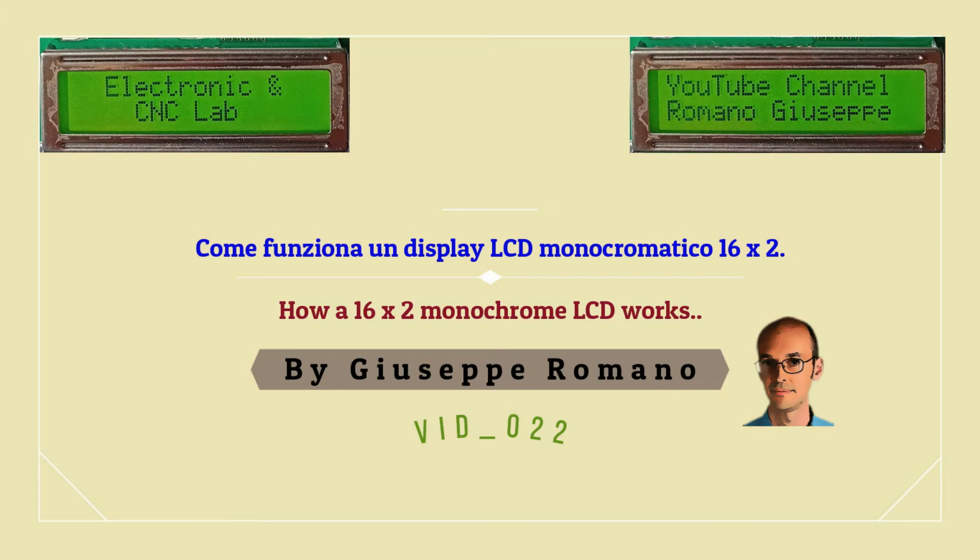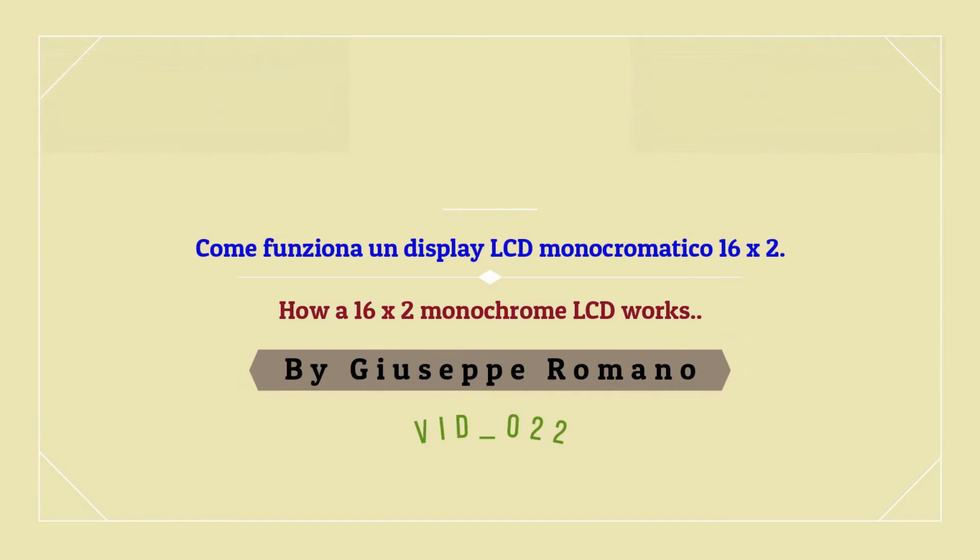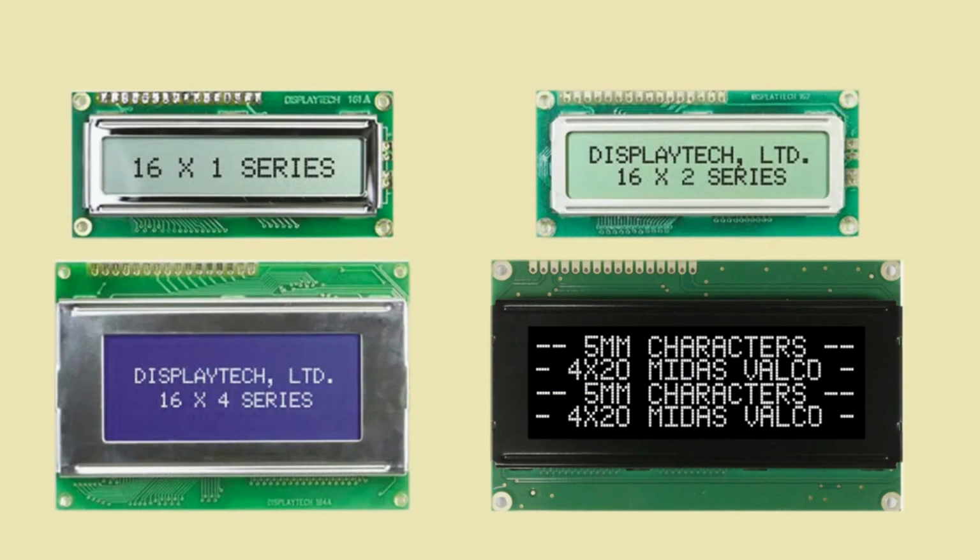Let's start by saying that most of the displays in this family use a chip produced by Hitachi, the HD44780, which is able to control LCD displays capable of displaying only characters. These displays come complete with controller and range in size from 8x1 characters, consisting of a line of 8 characters, up to larger sizes including 8x2, 16x2, 20x2, 16x4, 20x4 characters and more.